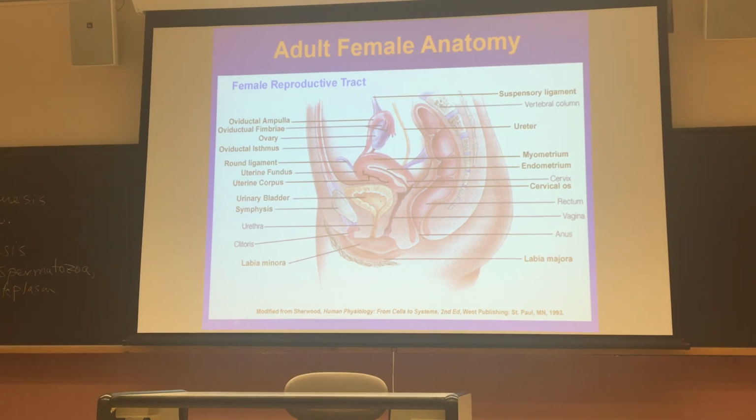The pelvic girdle would extend all the way around this area. So pelvic bones would be up here and extending down here. The female reproductive structures are kind of tucked in between, where you've got the vagina, the cervix, which is near